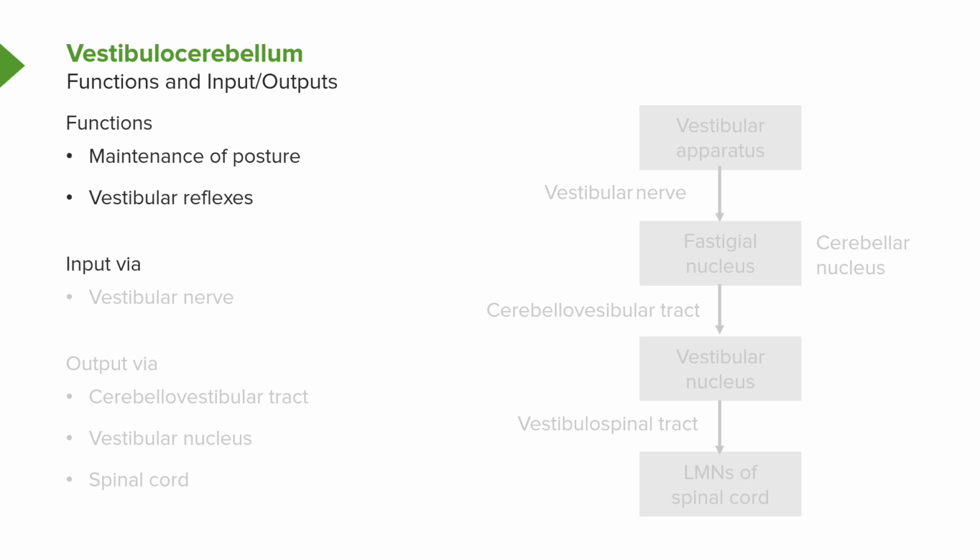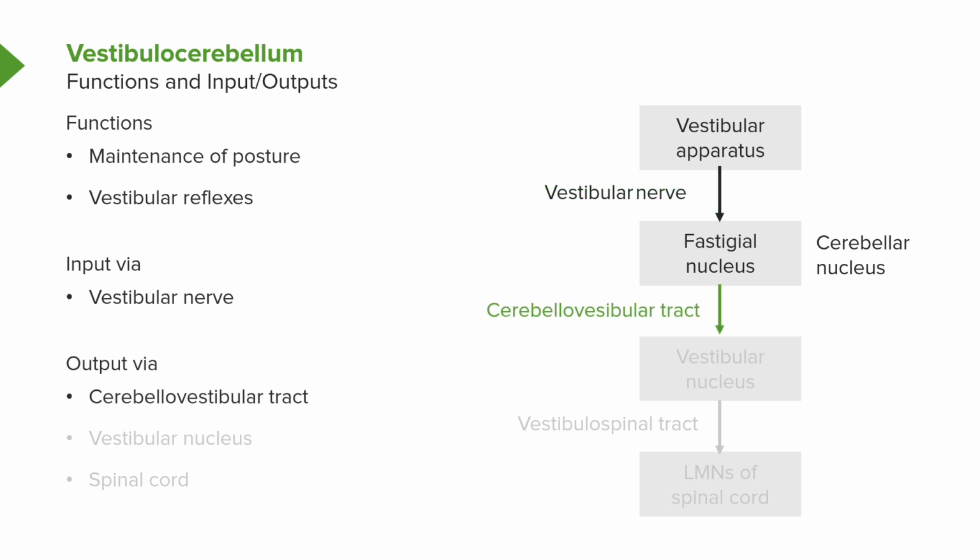The input is going to be via the vestibular nerve, and so the vestibular apparatus is activated. This stimulates the vestibular nerve, and then its input is to the vestibular nucleus of the cerebellum. Output then from the vestibular nucleus is going to be via the cerebellovestibular tract. This will then connect to the vestibular nucleus,